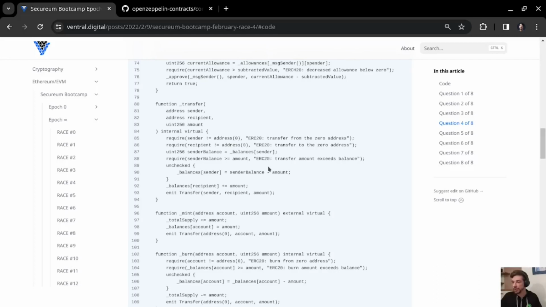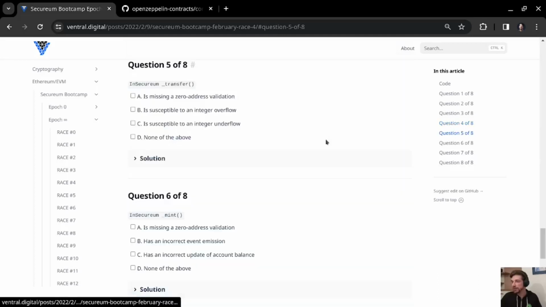Then there is the question whether there is an overflow or an underflow. As we've already mentioned, we have Solidity 0.8 here, so that means unless there is an unchecked block, no overflow or underflow is possible. In this case, an underflow could be possible since this subtraction here is within the unchecked block. But as we can see right above, this require statement ensures that amount cannot be larger than sender balance, and therefore sender balance cannot underflow. And with that, we can say that